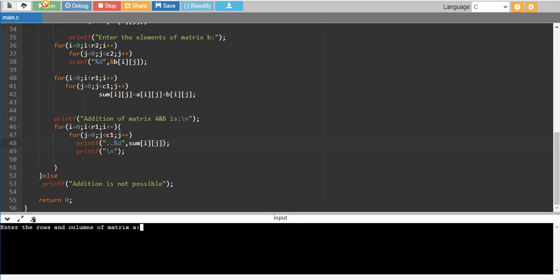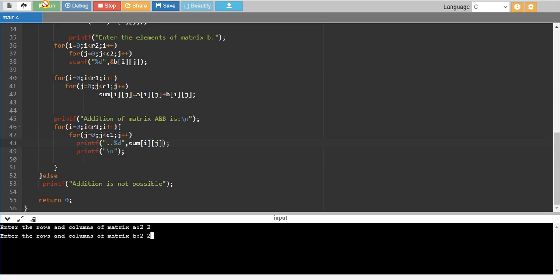Oh, that's great. Now we are getting the output console. Enter rows and columns of matrix A. I'll enter 2 into 2. Then enter the rows and columns of matrix B. This is also 2 into 2.